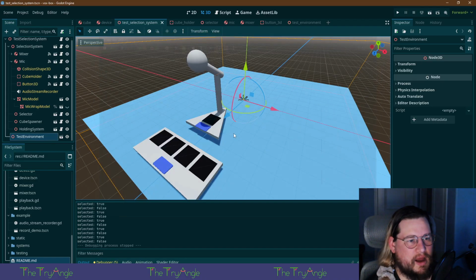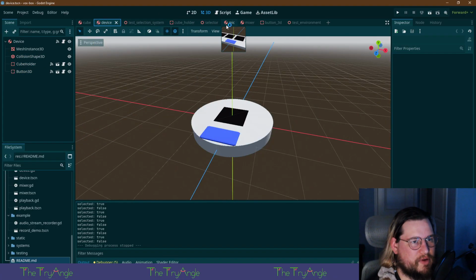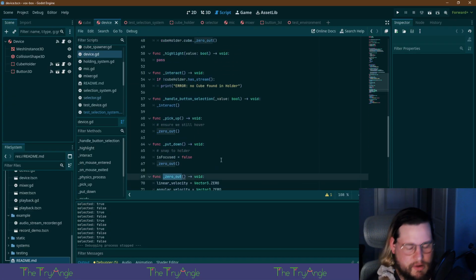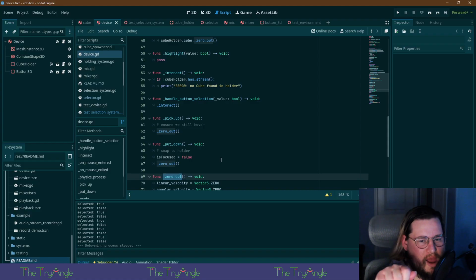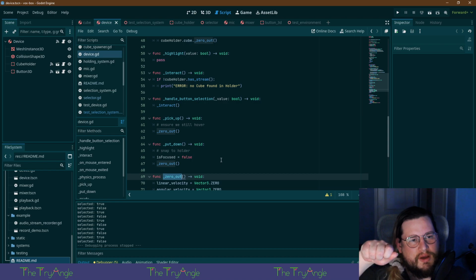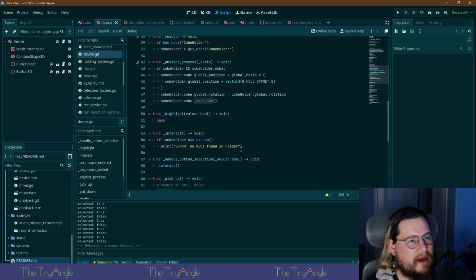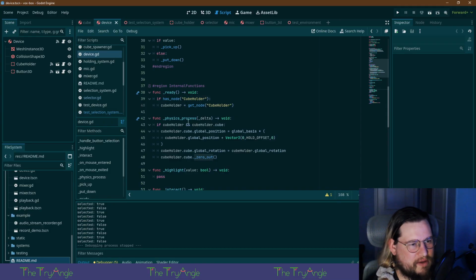Oh yeah, I remember the rotation problem. We were talking about that. I'm very certain I know what it is, at least. So when we zero out, we zero out right on the grabbing part, and then it moves. So it's zeroed out, but then it's at an angle because of the physics engine. So when it moves, it needs to get zeroed out after we move it, after we pick it up.